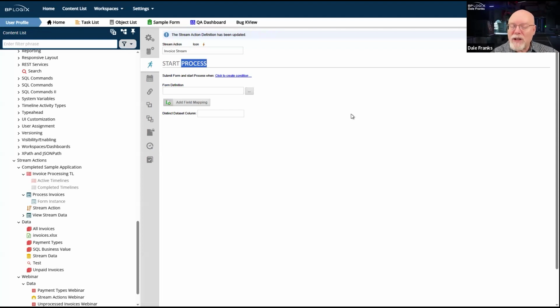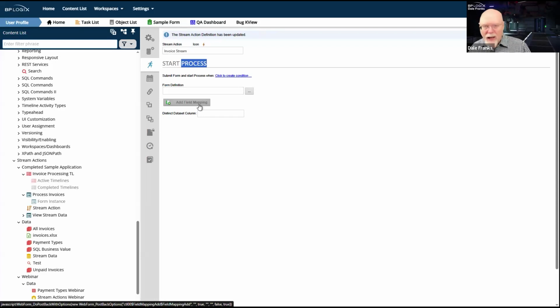And so this is different than any of the other process invocations that we make in the product. We did that to make the data mapping easier and more straightforward, so that I could just take my external data, map it to some form data, and submit it. We'd be off to the races.